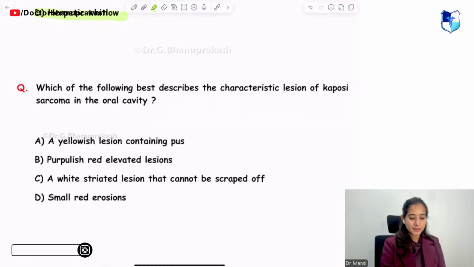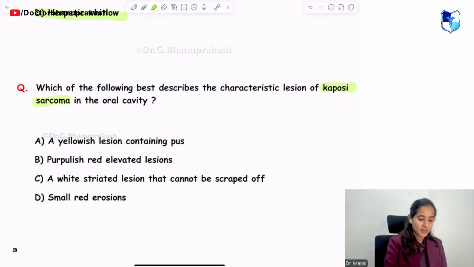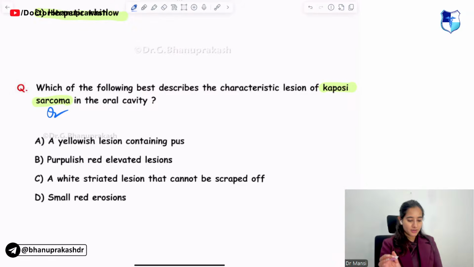Then we have: which of the following best describes the characteristic lesion of Kaposi sarcoma? I told you that it has been asked previously. So you have to